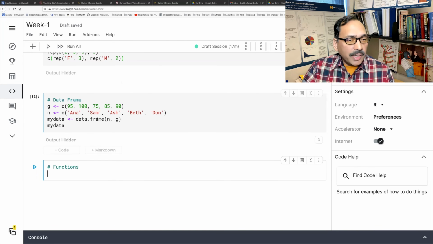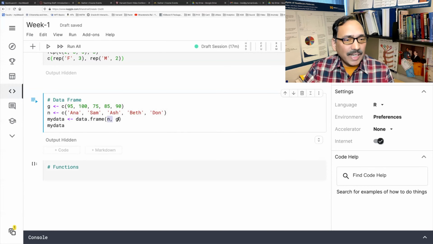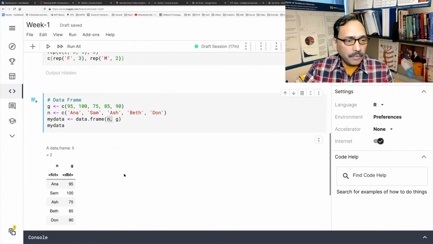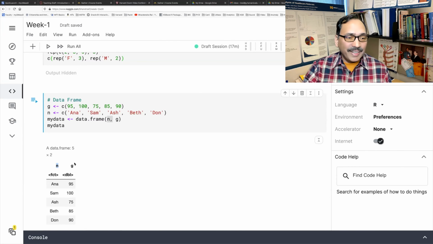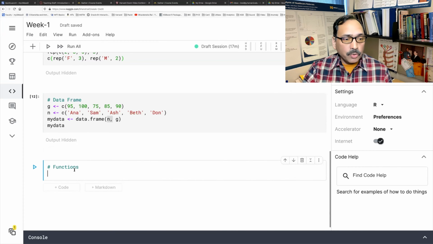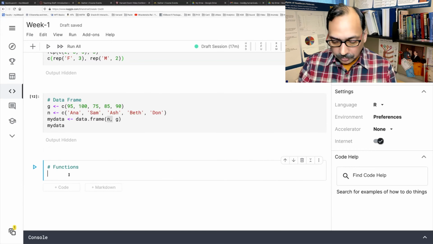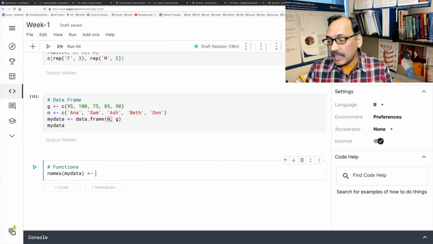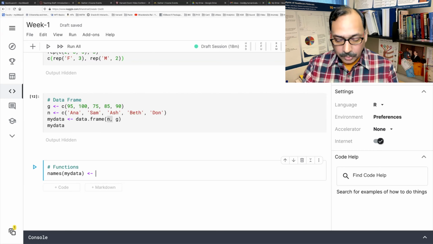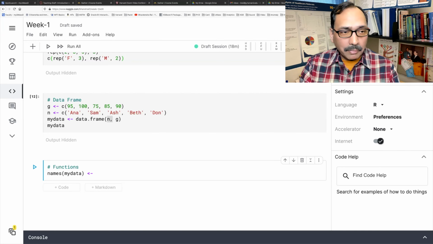Now, someone may say that the names of the variables N and G are not really very informative. So instead of N, the title may be name, and instead of G, it should be grades. You can change that very easily using a function called names. And then we can specify what names we want. So I'm going to again use this format that I've been using for more than one value.